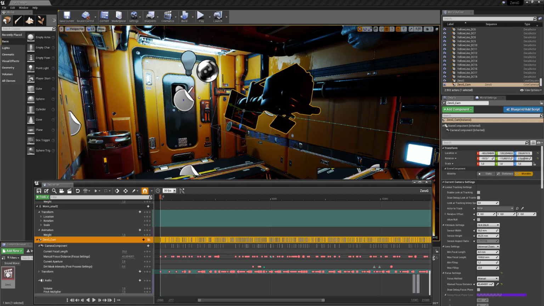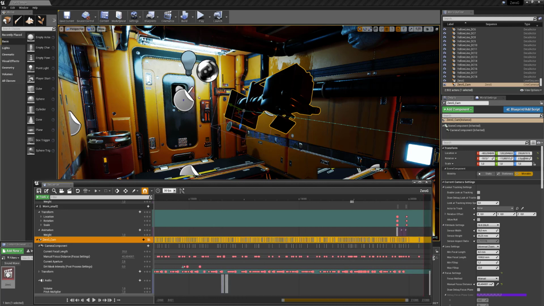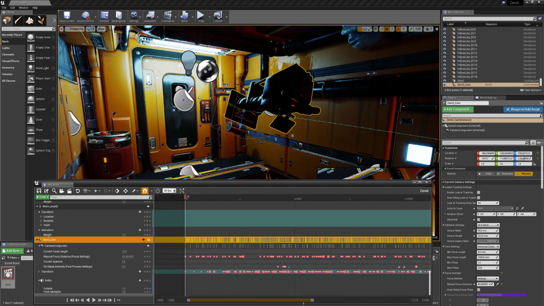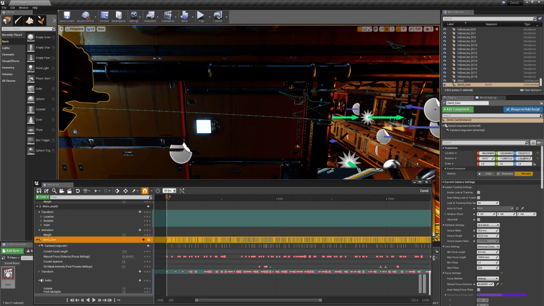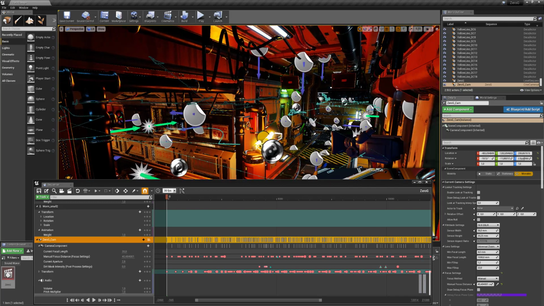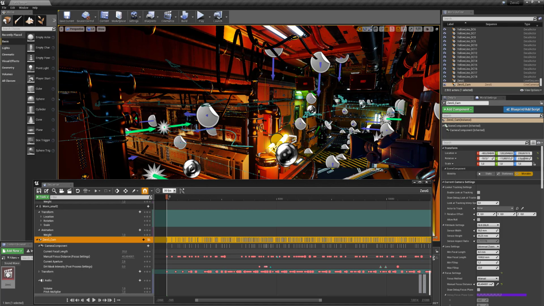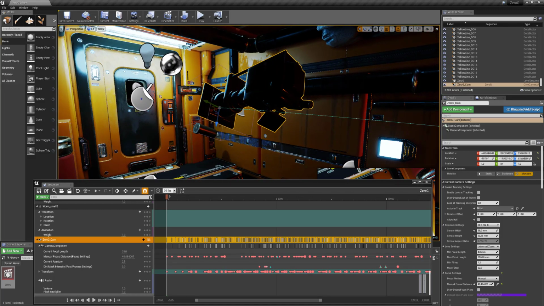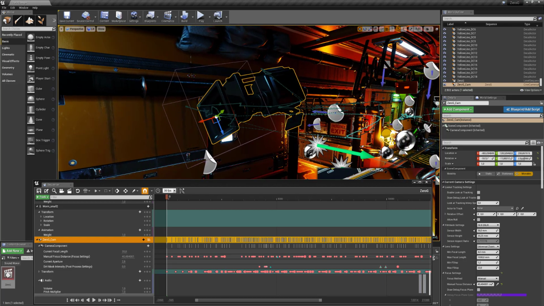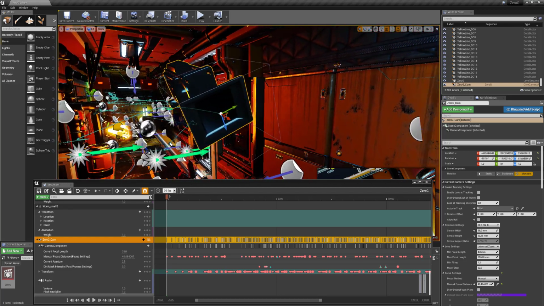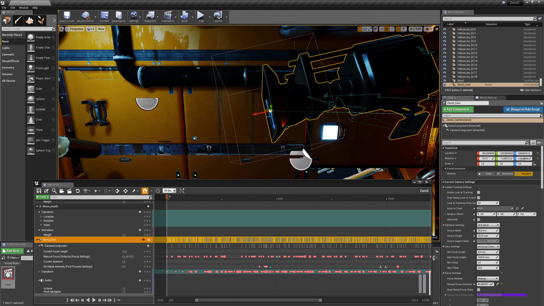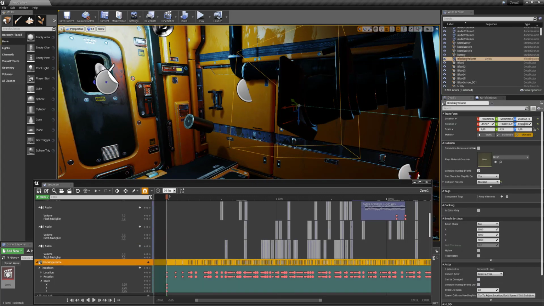So here is our camera selected, and here we can see all the keyframes for this camera for almost 21,000 frames, and we can see the trajectory for all this movement, which I call the trajectory of death. Okay, and we can see a little box in front of the camera, which is a blocking volume,